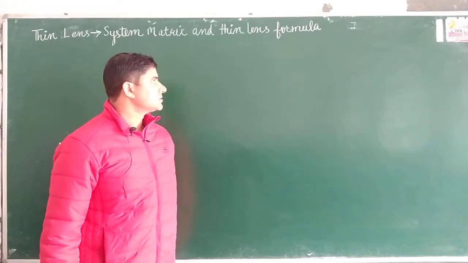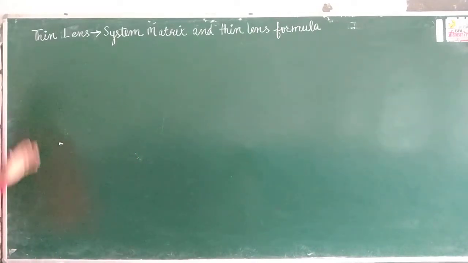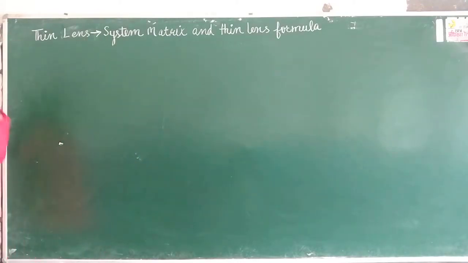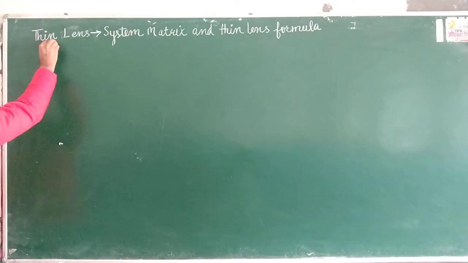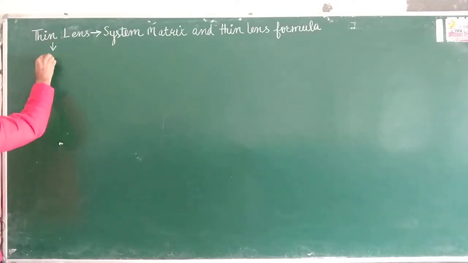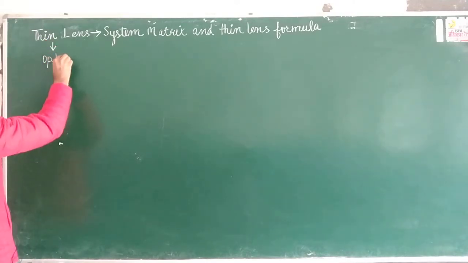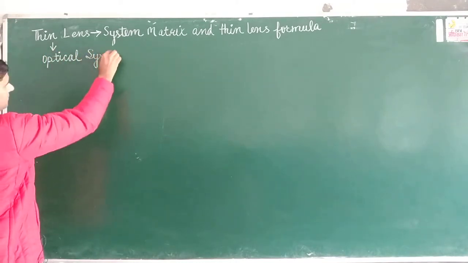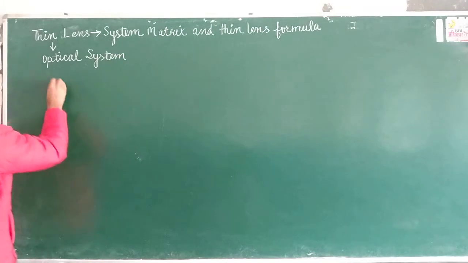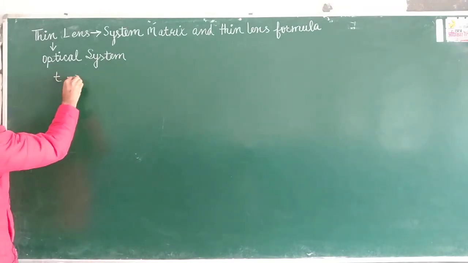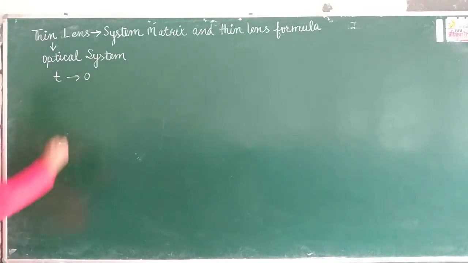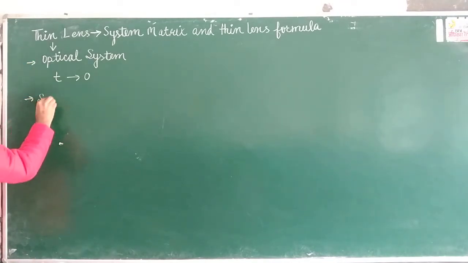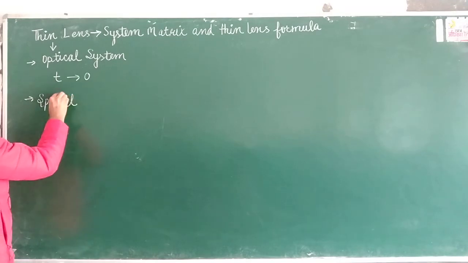Good morning, students. Today we will discuss the system matrix and lens formula for a thin lens. Here the optical system will be a thin lens. This is our optical system. Ideally, we assume that the thickness of the lens is 0. So this will be a special case